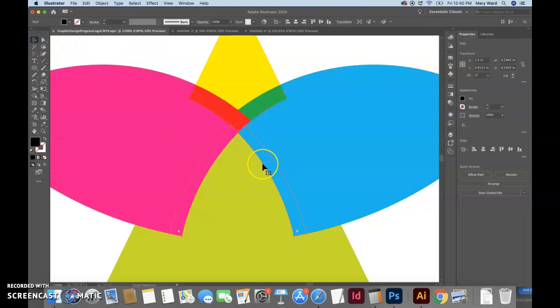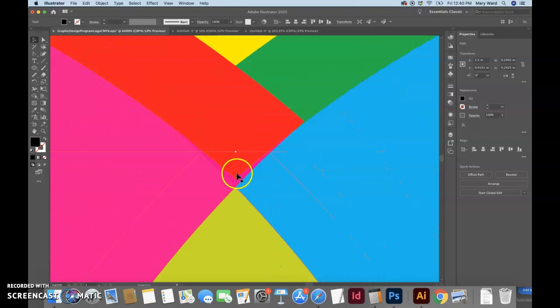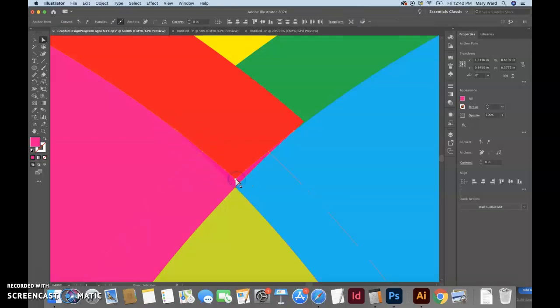There's a little bit of a problem going on if I zoom in here. This line is not quite meeting up where I would like it to. One thing we can do is zoom way in so we can get a look at these anchor points, these little dots along the shape's edge. And we can push shift, and if we are on this white arrow tool, and only if you're on this white arrow tool and you push shift, you can open that anchor point up to be white. And you can actually kind of,